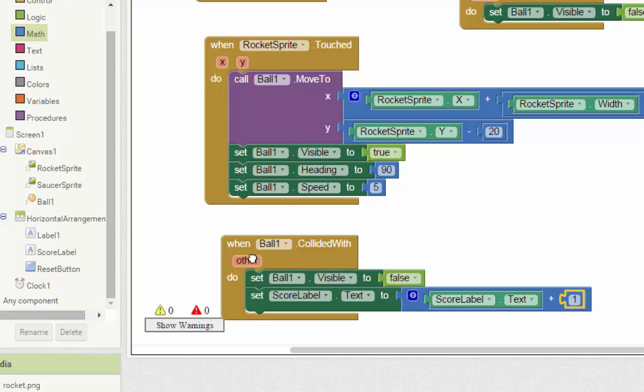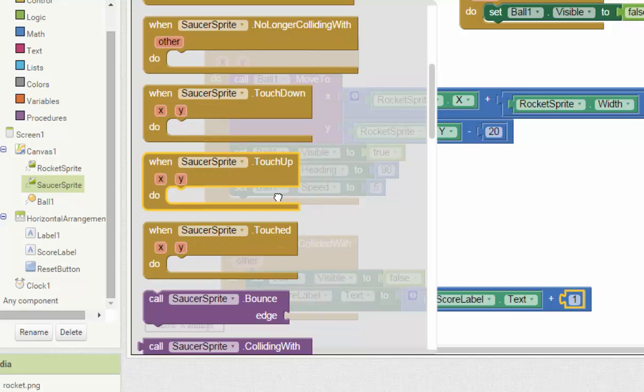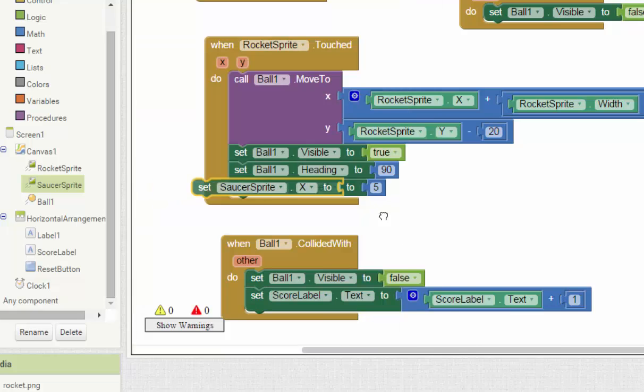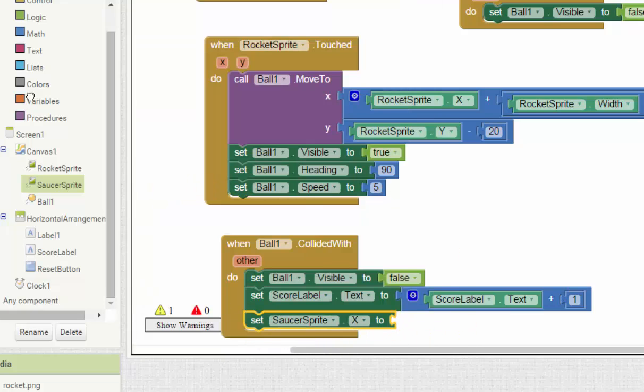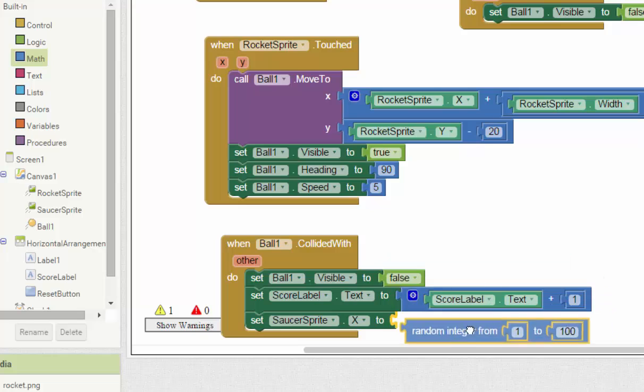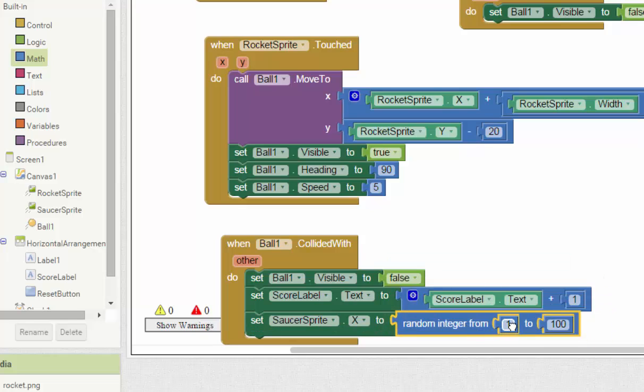And then when you hit it, the saucer will disappear and go elsewhere. So we change it to set the saucer x to, so horizontally it will move to other places, and we want it to be random, so random integer from 1 to 100. Our random integer starts from 0 and then to,